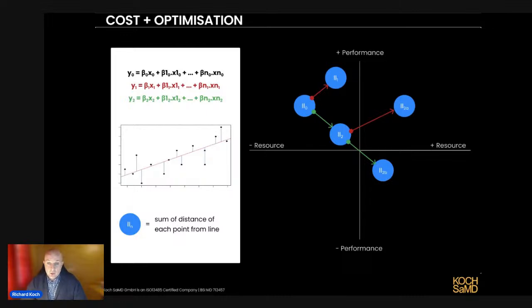And one way of measuring the goodness of fit, or whether it is optimal, whatever term we want to use for whether our model is good, is what's called the sum of least squares distance. The sum of distance, for example, from the line is one of the statistics. So basically we take all this complex data, we look at the distance between the dot, our data, and the line we've generated from our formula, and we add up the distances from all these lines in one formula, and we get a number. Now, if all these black dots were on the line, every black dot's distance from our calculated line would be 0, and the sum of all the differences would be 0, and that means we've got a perfect fit.